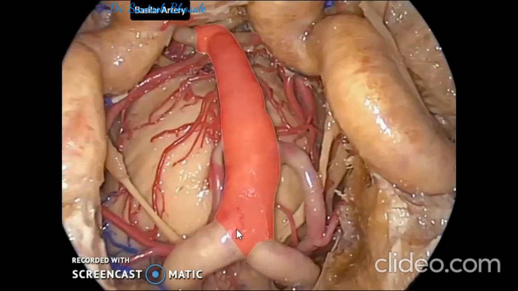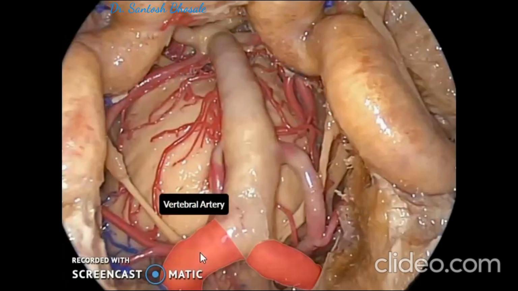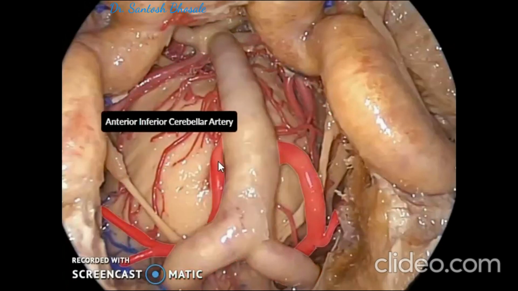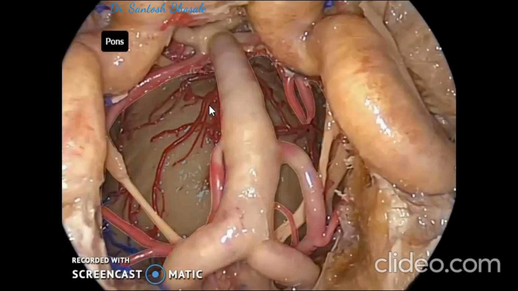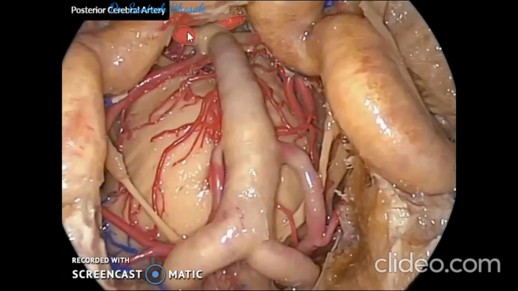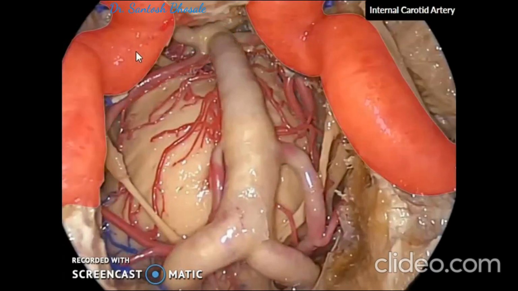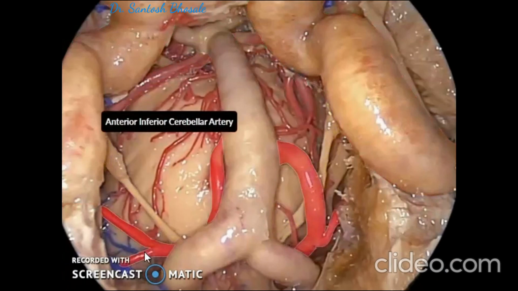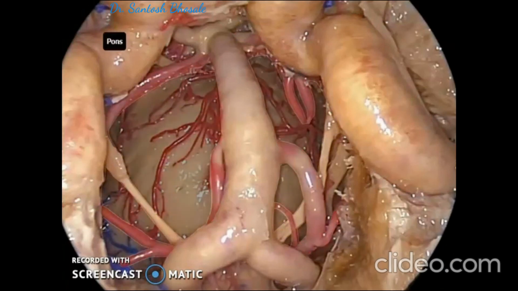So brainstem is mainly supplied by the vertebral system of arteries. You should see here in this endoscopic view, on either side of the brainstem you will also see these bulky internal carotid arteries. These are the pair of internal carotid arteries there, and you can see the different branches of vertebral artery, basilar artery. So this is the blood supply of the brainstem.